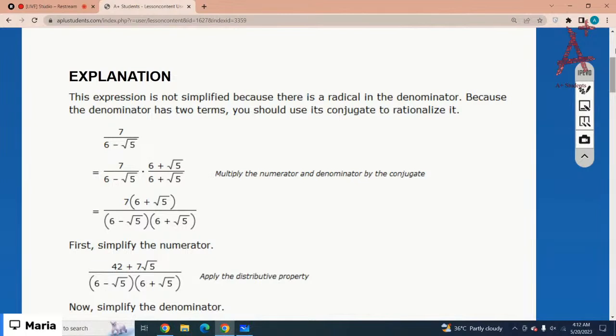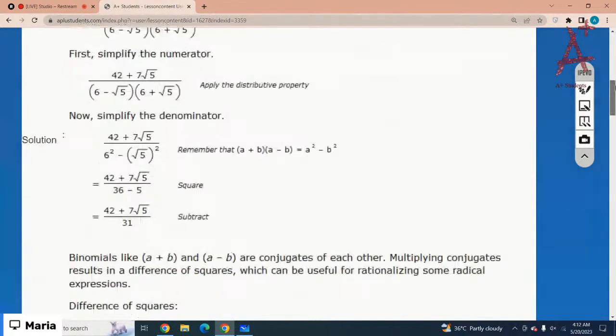It would be a plus b and a minus b. So you can write it as a square minus b square. Got it? So you can write it as 6 square minus square root 5 square. So the square and square root cancel out and it's 36 minus 5. So you can write it as 31. The correct option is